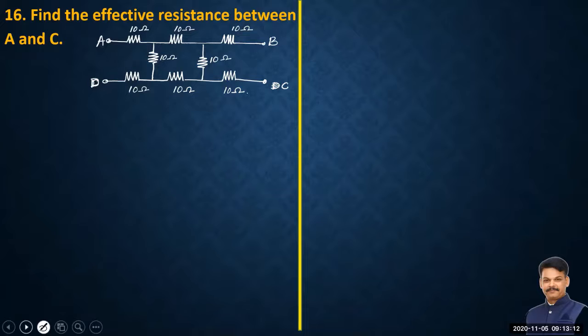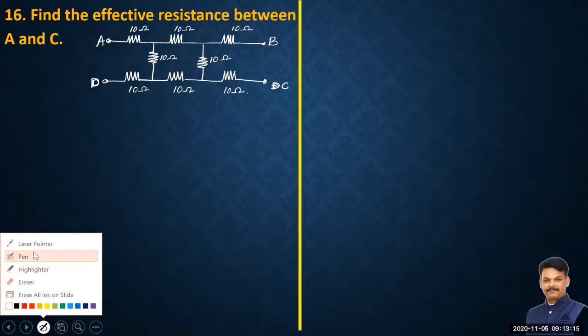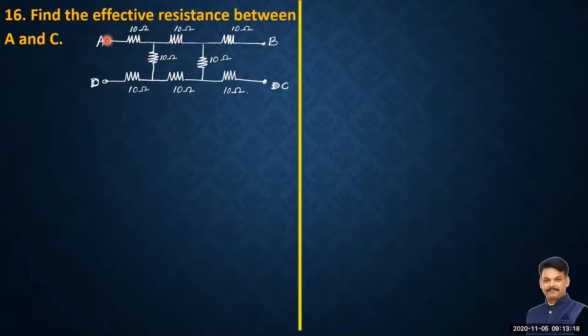When we consider this, observe the screen. I'm going to highlight the things. See, if current is made to start from A, then that current can take this path. When it comes here, it will split. Again, when it comes here, it will split. The current will split into 2 different paths. Then the current from here moves again and reaches C, whereas current from here also moves and reaches C. So you have to consider only this path through which the current can be imagined.